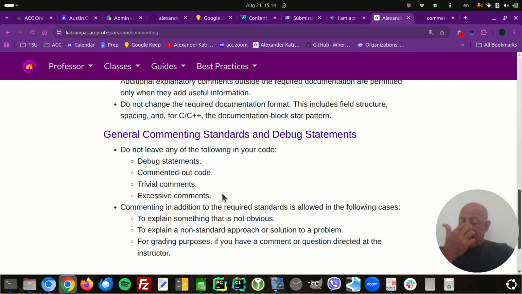Okay. And that leads to the next rule, which is don't make excessive comments, minimal comments. In fact, you should be striving for as little commenting as possible, except for the required comments for documenting purposes, because your code is supposed to be self-documenting. And what that means is it's supposed to read so well, it doesn't need explaining. Your goal is to write code that doesn't need explaining. Okay, it doesn't need comments.